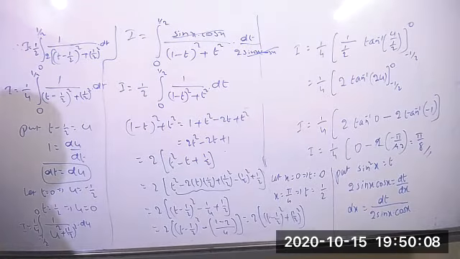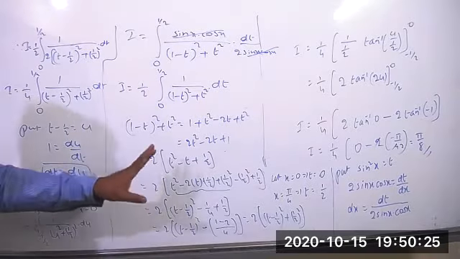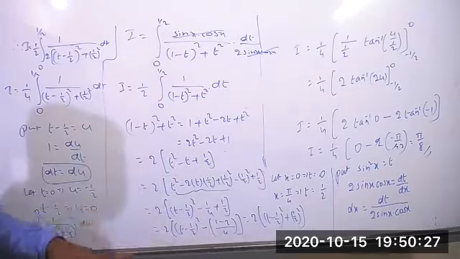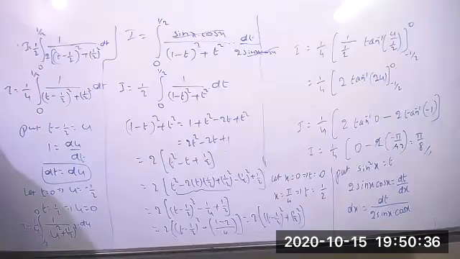But generally in the problem itself 1 by 2 is there. Sir, no marks will be given? They'll give you marks, but you are not getting the full marks. Compulsorily they'll reduce marks for getting the wrong answer. Because the problem everything will be correct, but the mistake we did is that we are not taking that 1 by 2. So they'll give you the marks, but maybe you lose that 1 mark. You are not getting full marks. This problem and the previous question were also given in the previous model examinations.